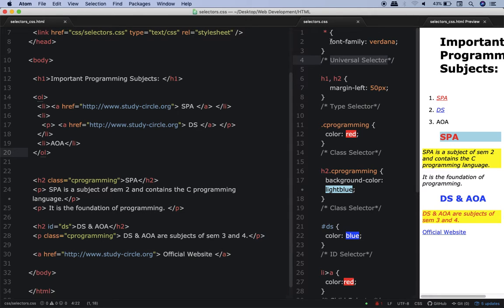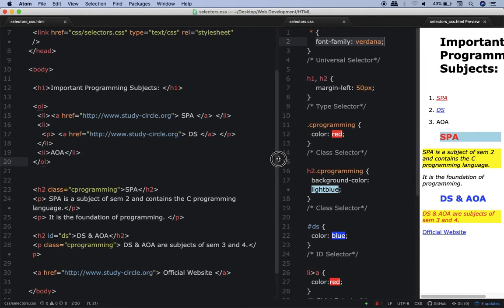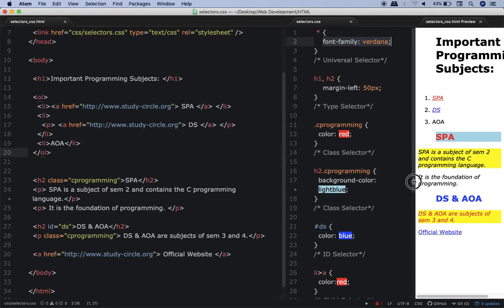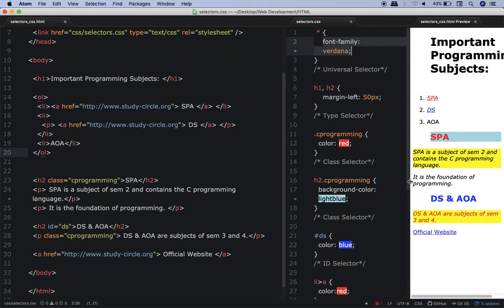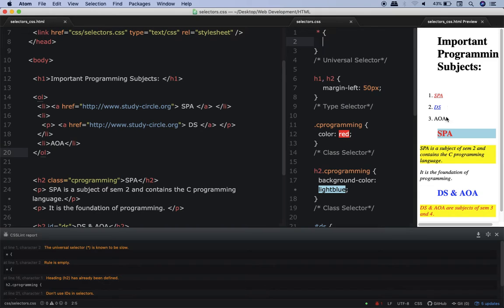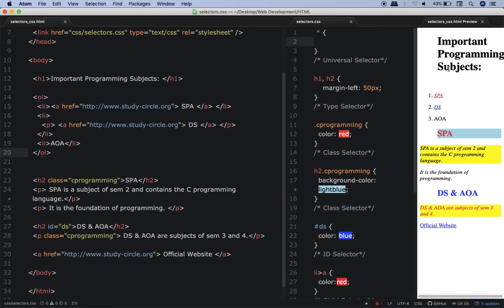Now let me just remove this and see what happens. While I remove this, you keep an eye on the output also. Let me just increase the size of the output a little. All right. Okay. So now I'll remove this font family Verdana. I cut this, and after that I save this. Now see carefully, the minute I saved it, you will realize the font has changed. This is now not Verdana, this is the Times New Roman font.